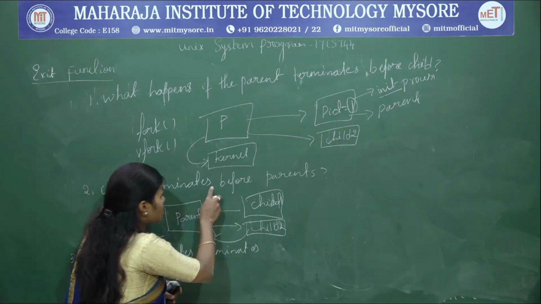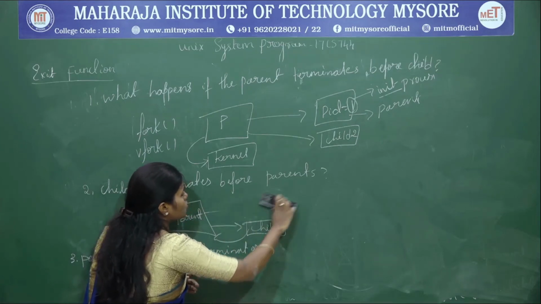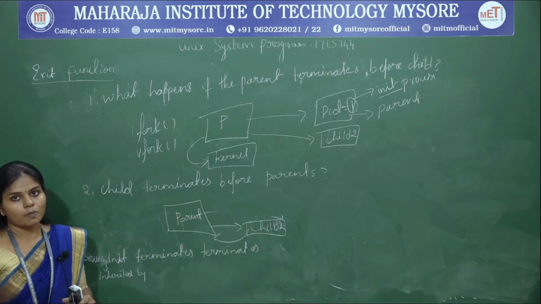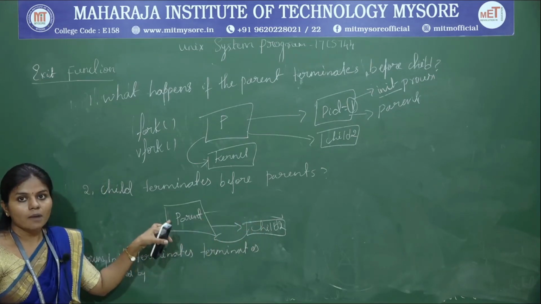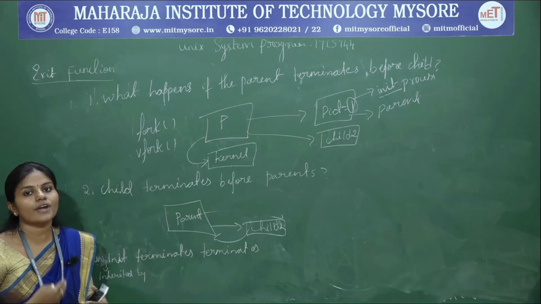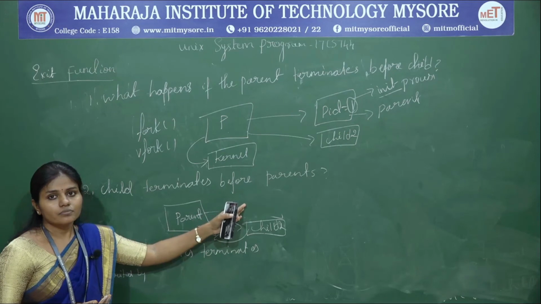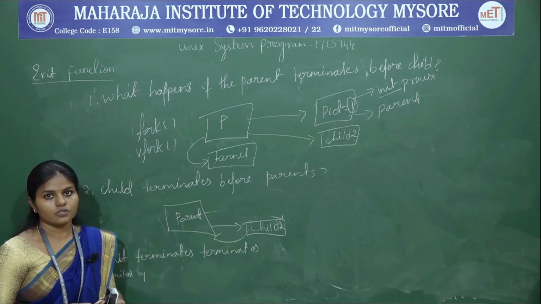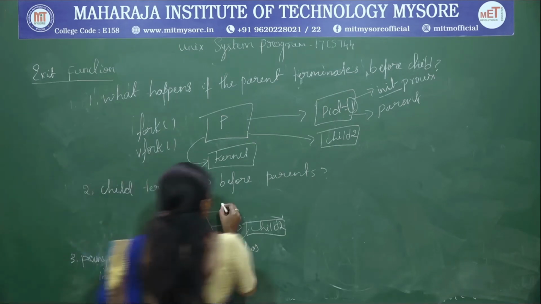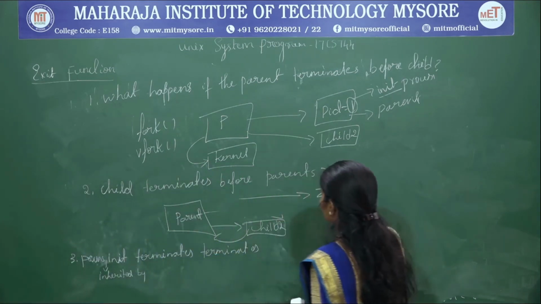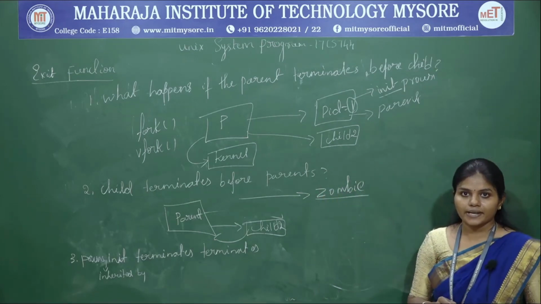So in this case, the child 1 is going to be terminated before the parent, right? So it is not going to inform the parent. Now what happens? The parent is going to keep on waiting for the child to terminate, but it doesn't know whether the child exists or not. So in that case, we are going to call it a zombie. So what are we going to call it? We are going to call it a zombie process in the Unix operating system.